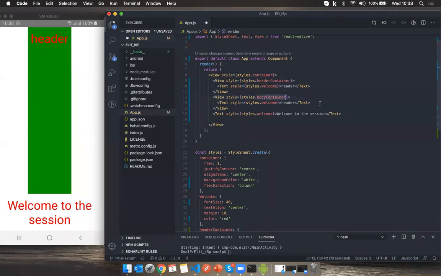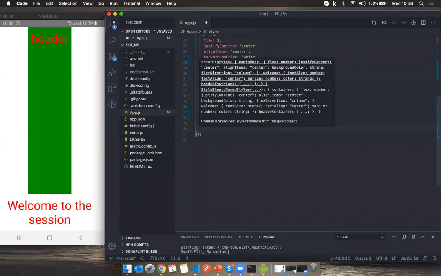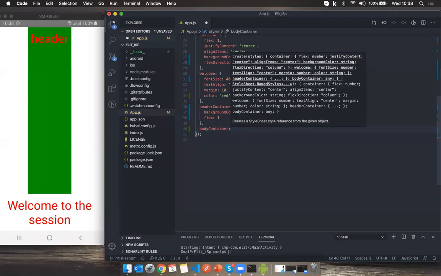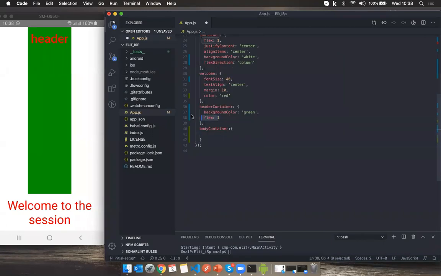I copy this and paste it under the header styles. And I'm going to now finalize this styling for the two components. Copy one of these and paste it here, and I add the color as, let's go with yellow for the moment.